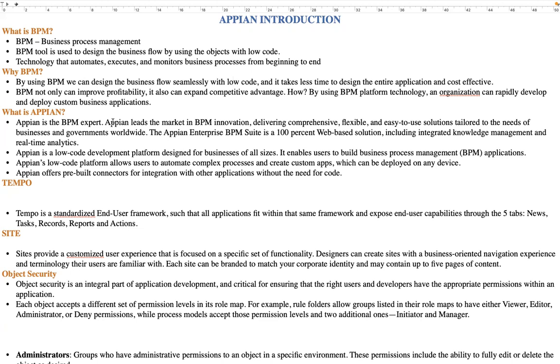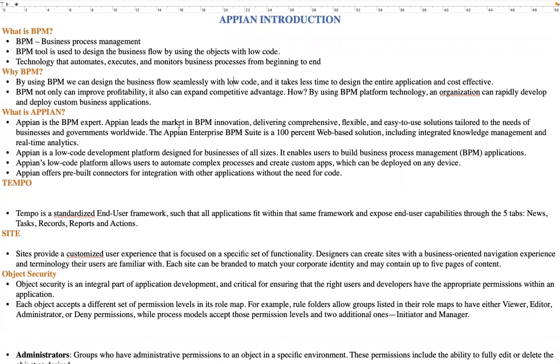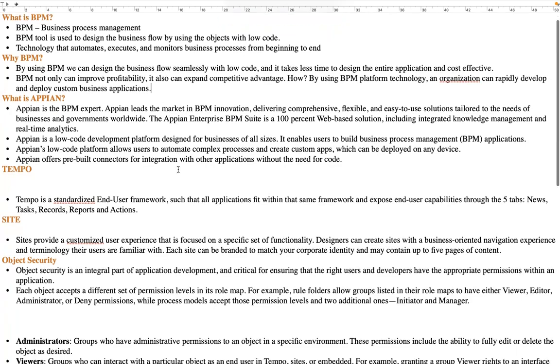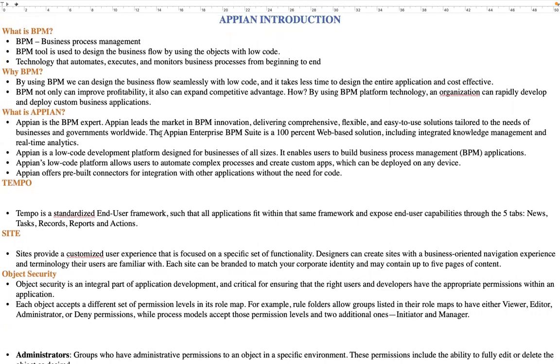Okay, so it automatically generates the code in the backend when you drag and drop the objects. So it is actually saving the time of a designer. And also, you do not need to think about the logic and everything. It directly generates the code in the background. So that is why Appian is currently leading the technologies when compared to other technologies. It is neck and neck with Pega currently in the market.